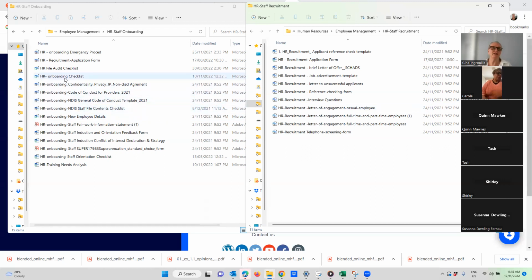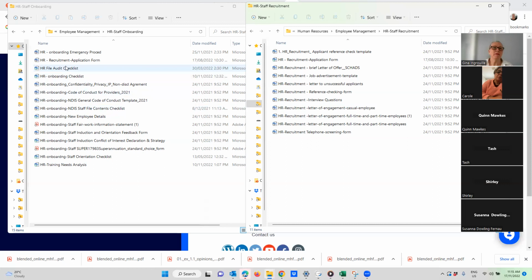Now, there are two parts to the onboarding. There's the actual onboarding, which I am getting you on today. We're going to do some forms, etc. And of course, then there's the orientation, which may or may not be on the same day at the same time. Everybody's different, and it doesn't matter. There's no one right way, and you can be as innovative as you like, as long as you make sure that you cover off on all of the vital parts here.